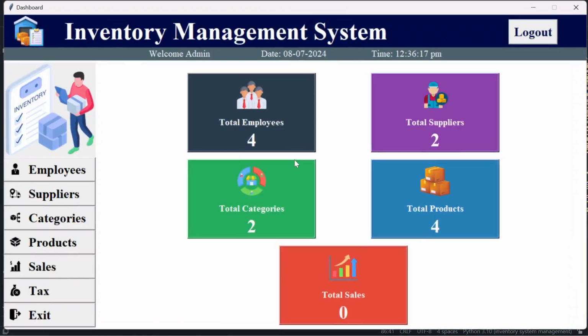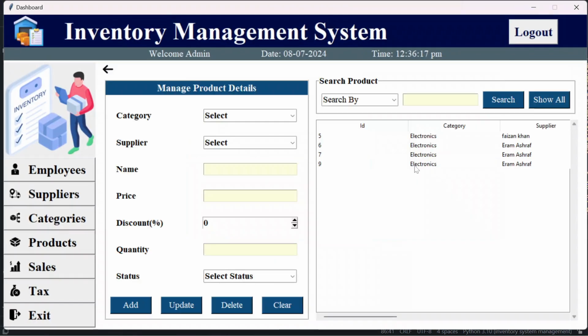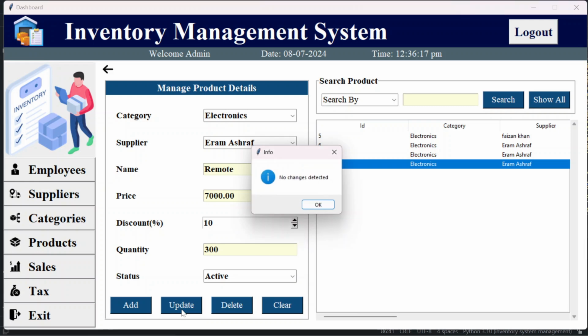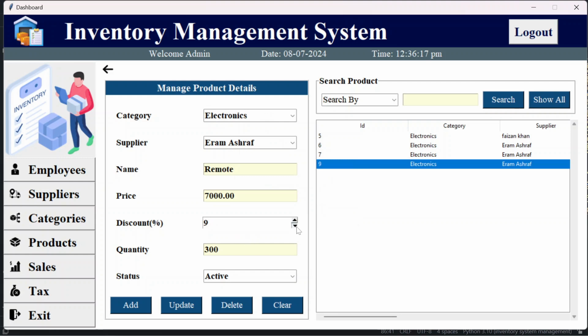Now if I run again, now if I update, now we are seeing no changes deducted. Okay, because the values are same. But if I change this value,